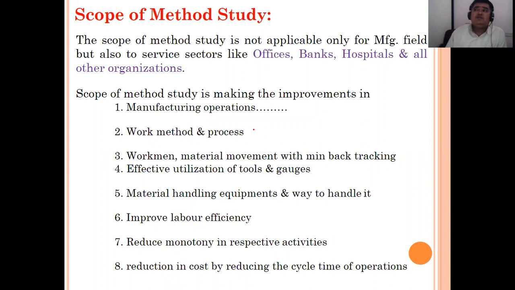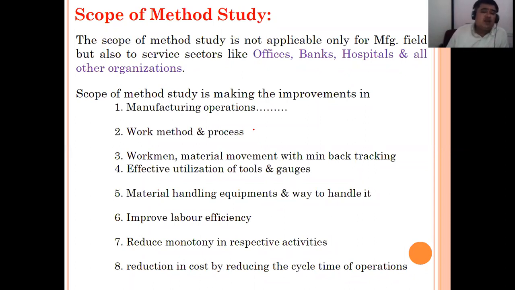You might know that in many industries overhead cranes are there. Is it right? In some industries there are roller chains, rollers and chains, on which we can put the material and it goes to the next machine, etc. So like this, that particular path also we have to think about. Improve labor efficiency.